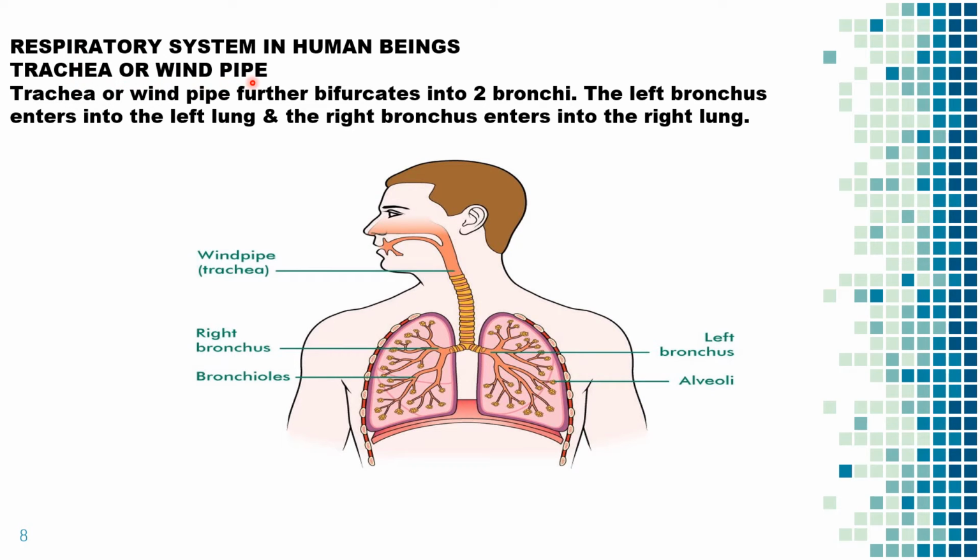Trachea or windpipe. The trachea has another name, which is called the windpipe. The trachea is a tube-like structure which enters into the chest, and it allows the air to flow from the nose into the lungs. The trachea gives out two branches, and each of the branches enters into the lungs. The branches given out from the trachea are called the bronchi. The trachea is swollen at the beginning because of the presence of the voice box.